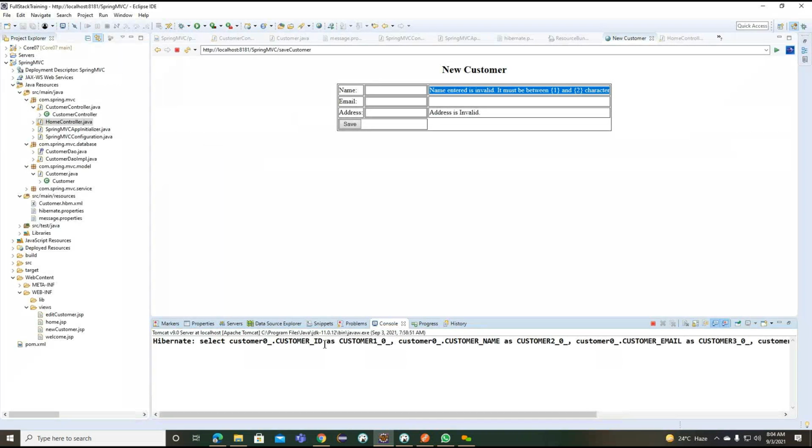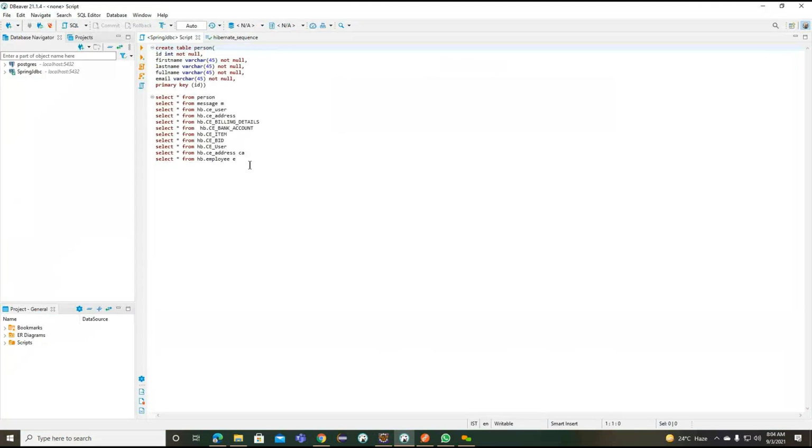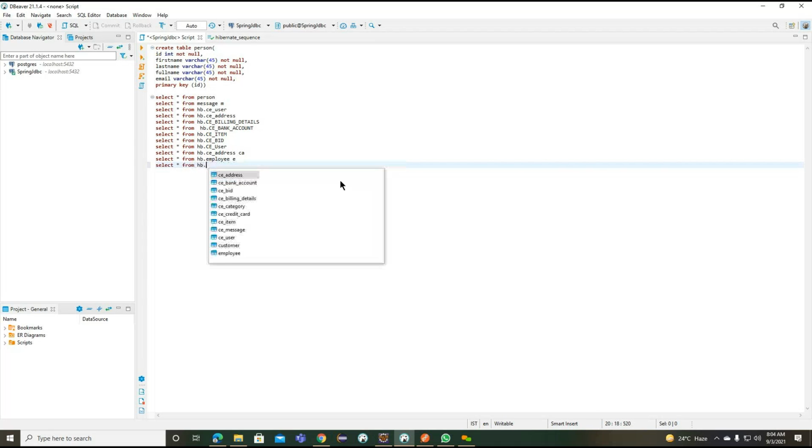So how are we getting here? The request is communicating with our application, and this SQL query is generated to find out the customer related information, which we store in our database here. So what information do we store here? To find out this particular information, what can we do? Select star from